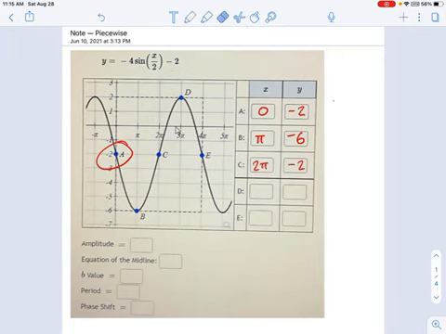Now, when it comes to filling in the bottom portion, all these key features, you can do that either by looking at the graph or by looking at the equation. And I would suggest both. Okay, we're still learning how these things work. We've seen examples where you just pull it from the equation. You might remember that A, the amplitude, is the number in front of the sine function. It's the absolute value of that number. So we would say A equals 4 in this case. But how would I pull that out of the graph?